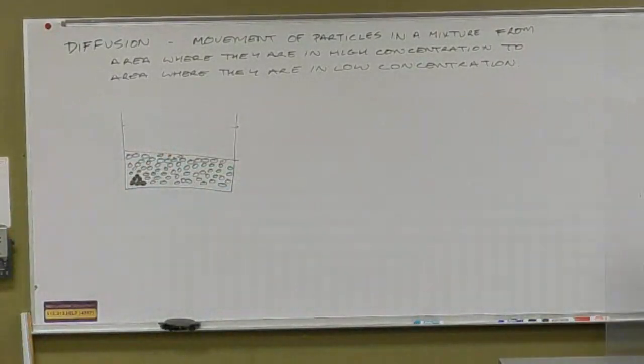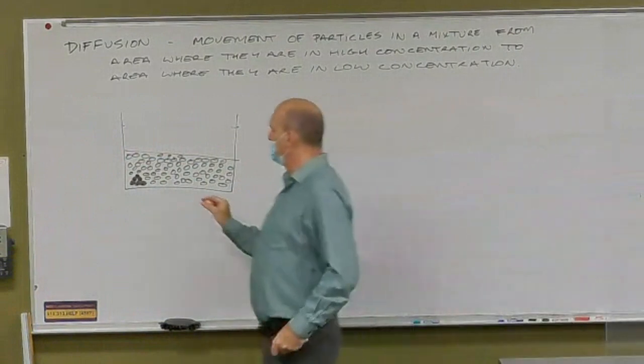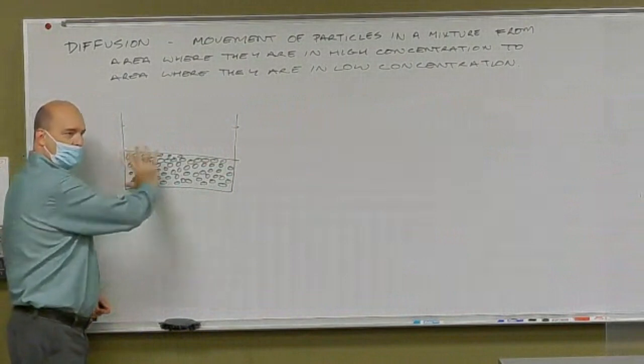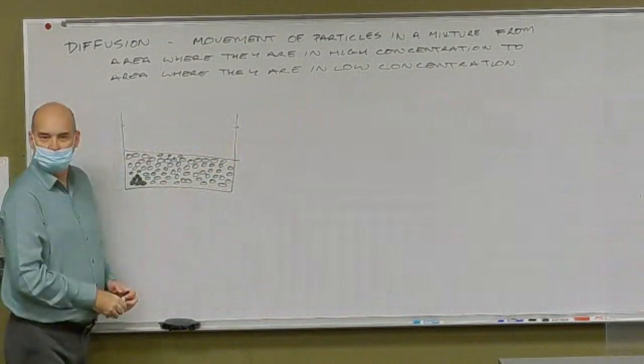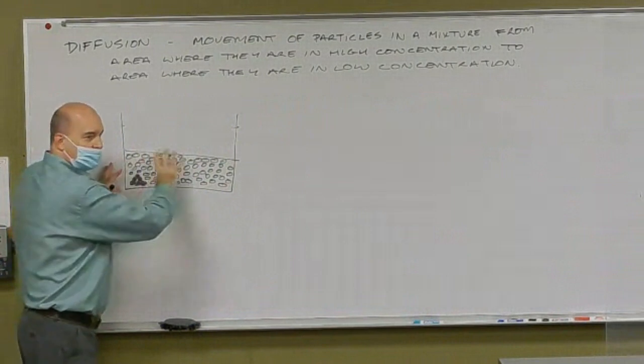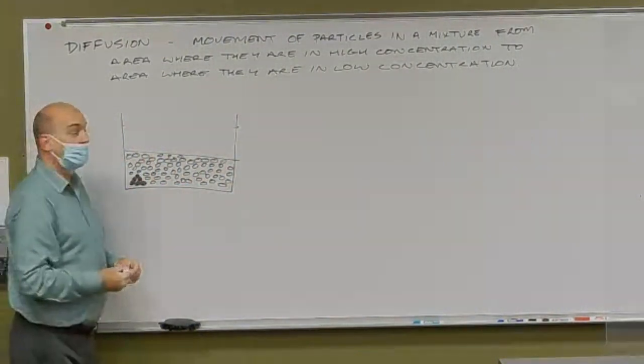When you realize that this could be a mixture of gases, that here is the first gas, and then here's the other gas, or here is the solute, and then here is the solvent, we're going to make a solution,